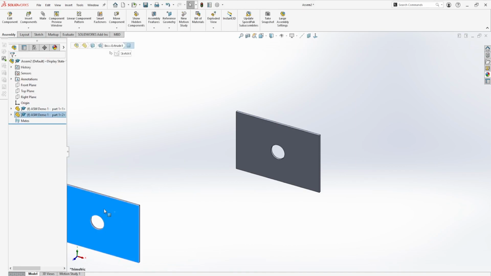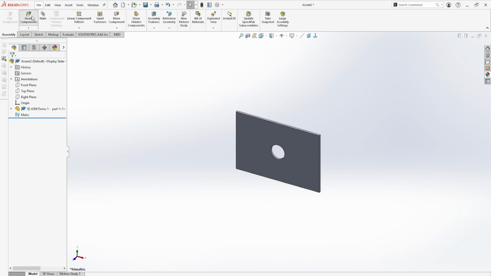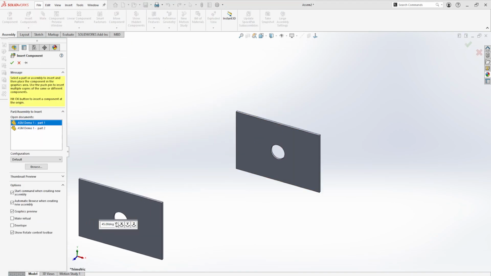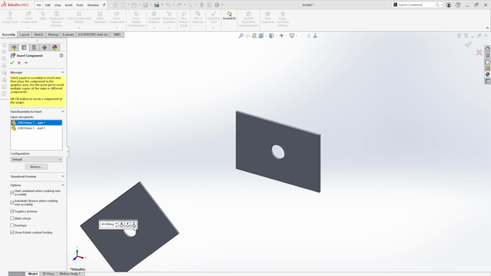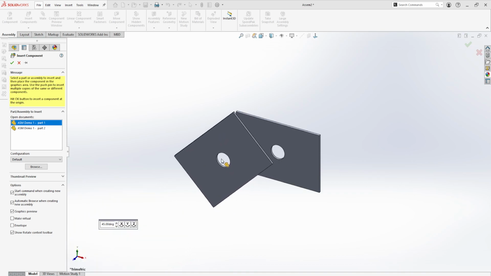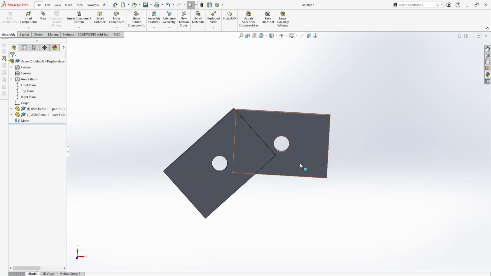Oop, I accidentally hit enter. Let's go insert Part 1 and change that to 45, and now you can see we're rotating it 45 degrees about this z-axis here. So let's just go ahead and drop that in. Now in order to line these plates up,